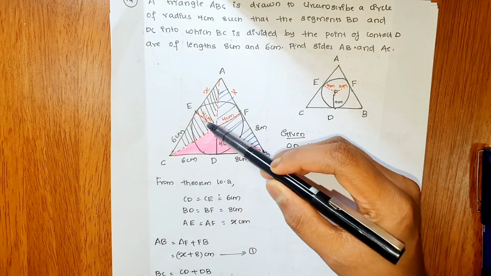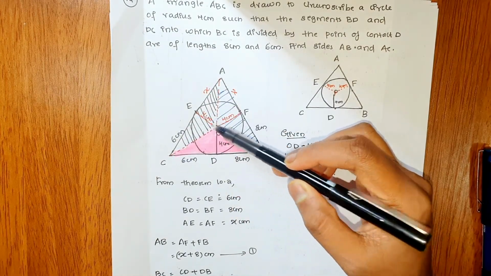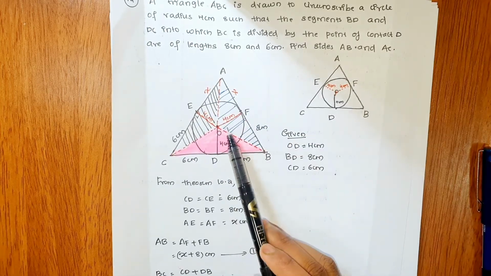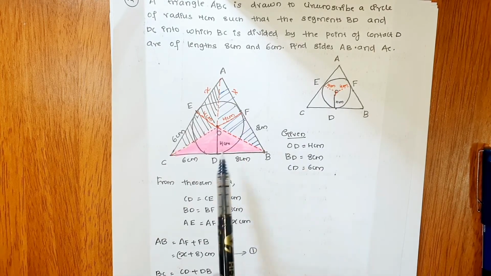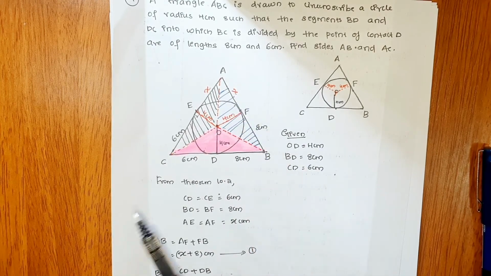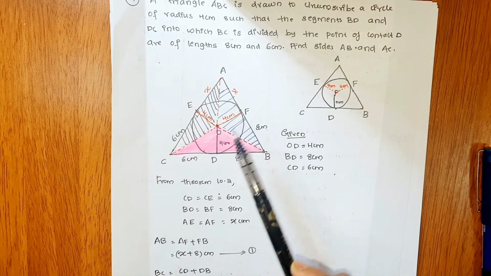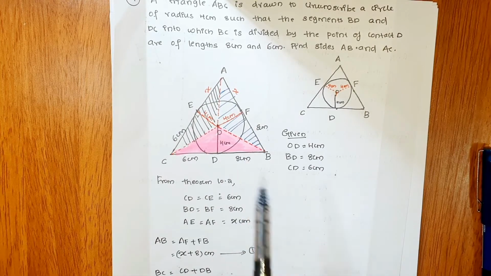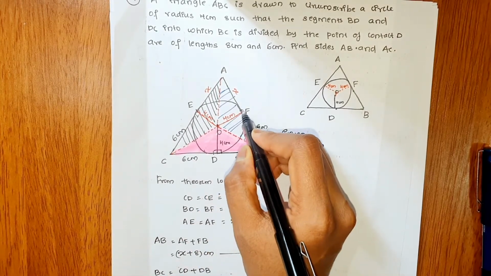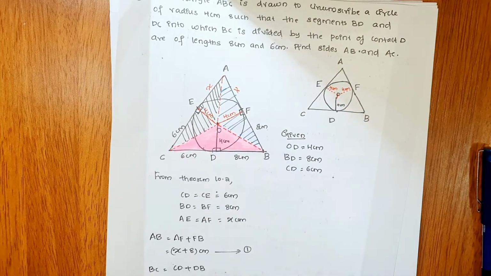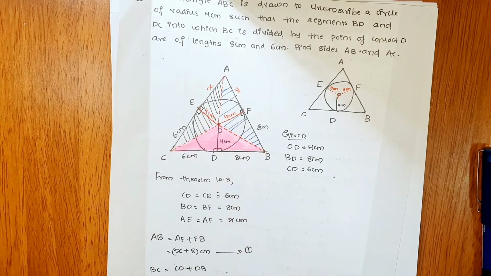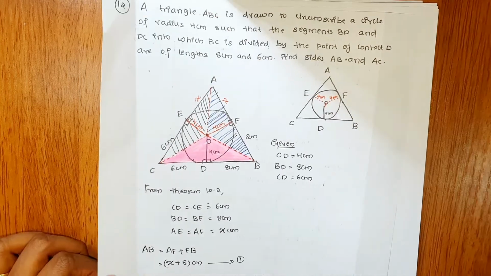So students, this is a radius and this is a tangent. So this is perpendicular. Same, OF is a radius and this is a tangent. So this is also perpendicular. Here, this is a radius and this is a tangent. So this is also perpendicular, 90 degree. This is 90 degree and this one is 90 degree. So we got 1, 2, 3 right angle triangles, right? We got 3 right angle triangles.